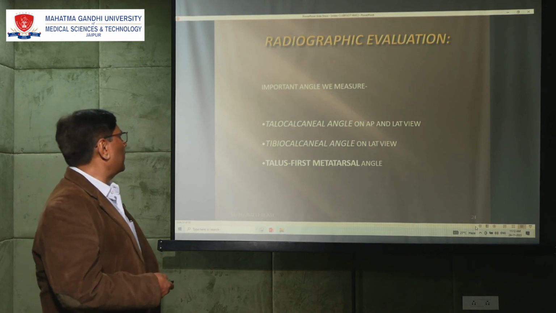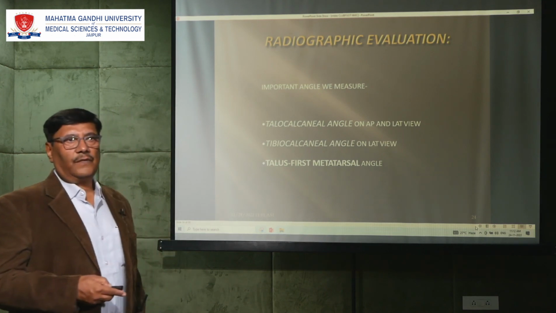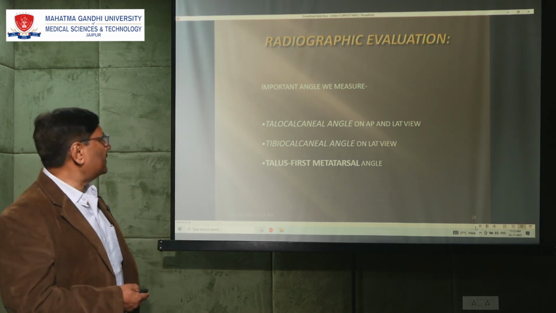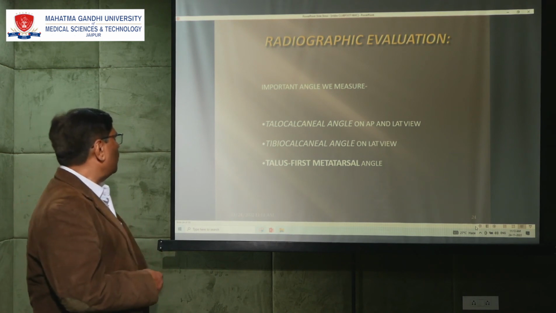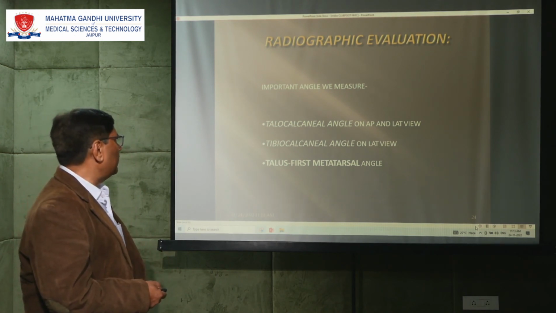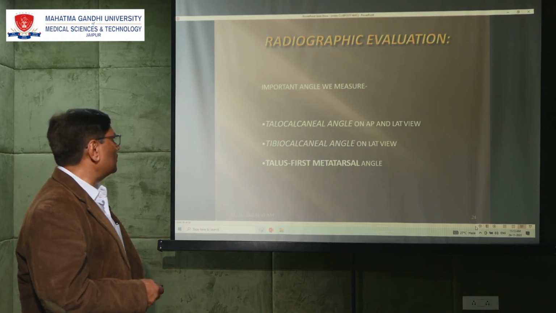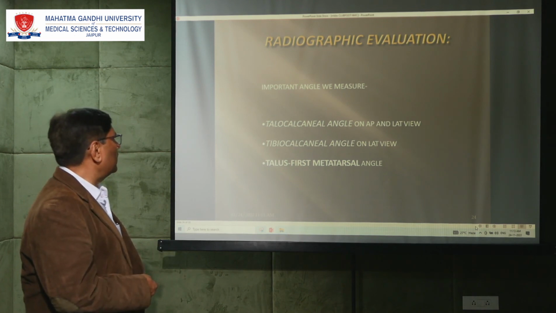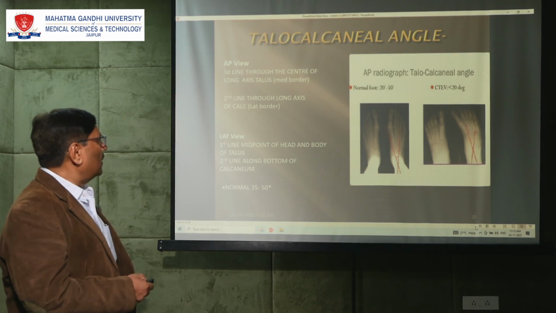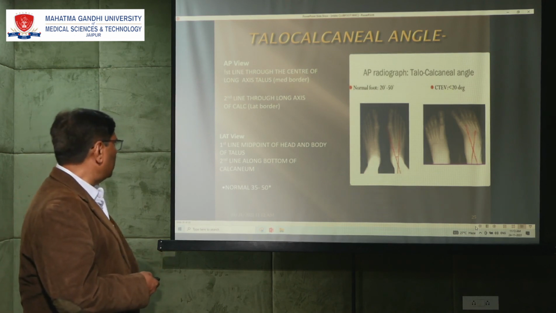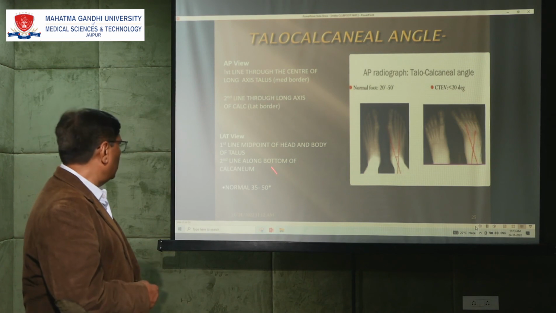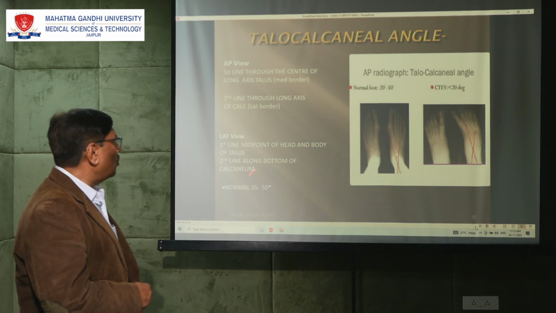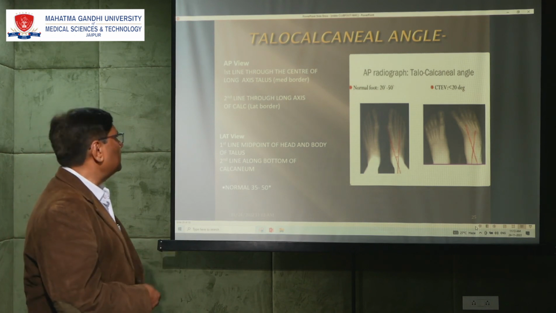Now coming to the radiographic examination. Basically, this is done from the point of view of recording. So we take X-rays and record some angles. Talocalcaneal angle is recorded on AP and lateral view. Tibiocalcaneal angle is recorded on the lateral view, and the talus and first metatarsal angle is again recorded in the AP view. So normally the angle is between 35 to 50 degrees, the talocalcaneal angle, whether it is AP view or the lateral view. But this angle is much decreased in